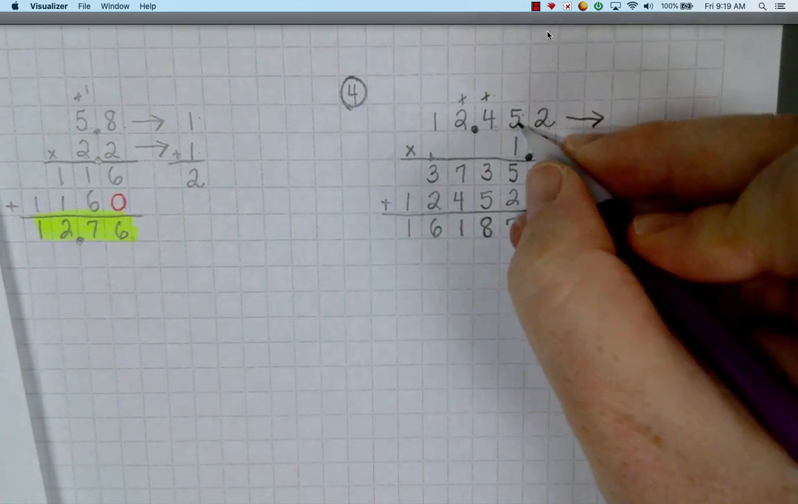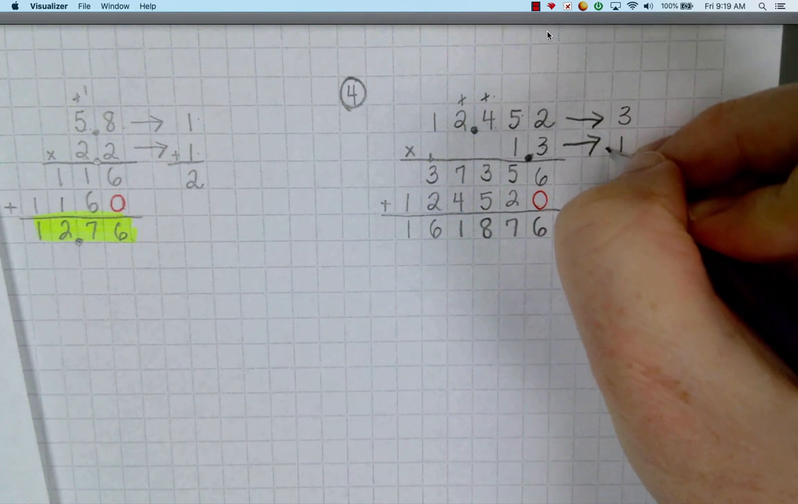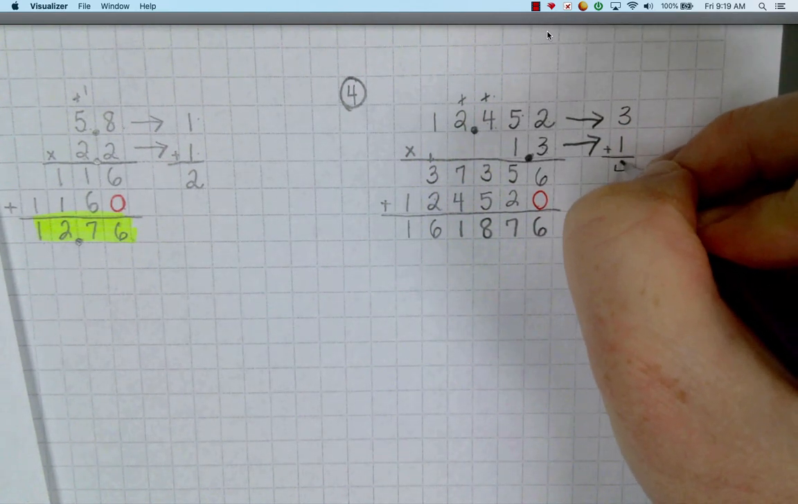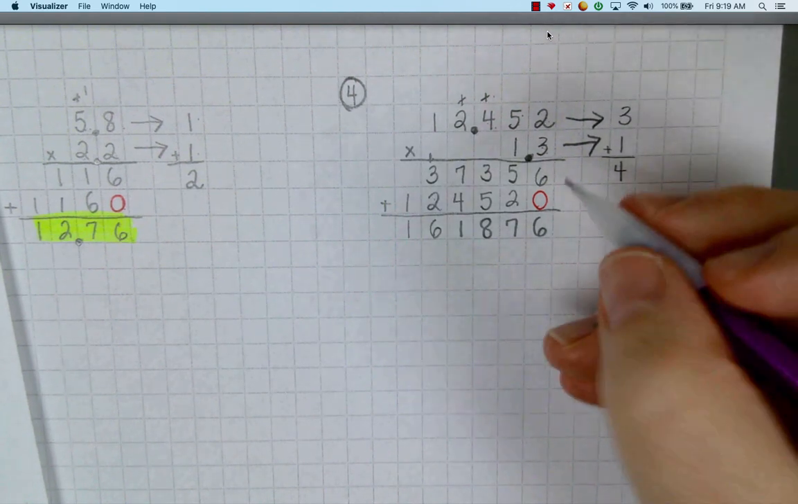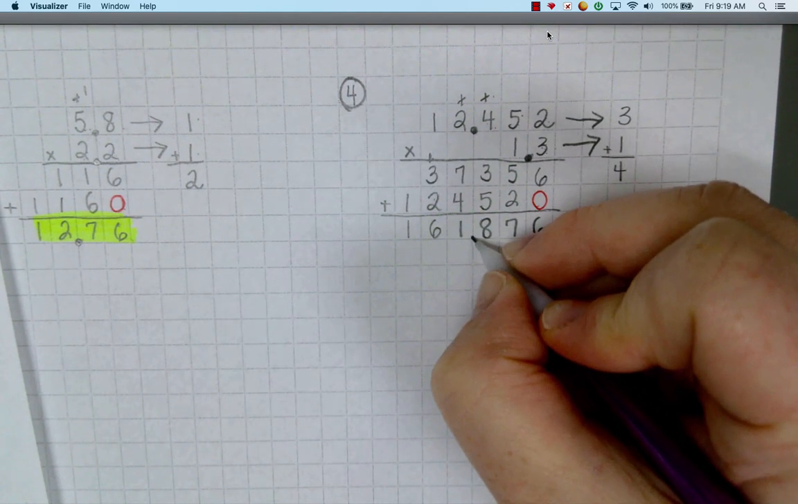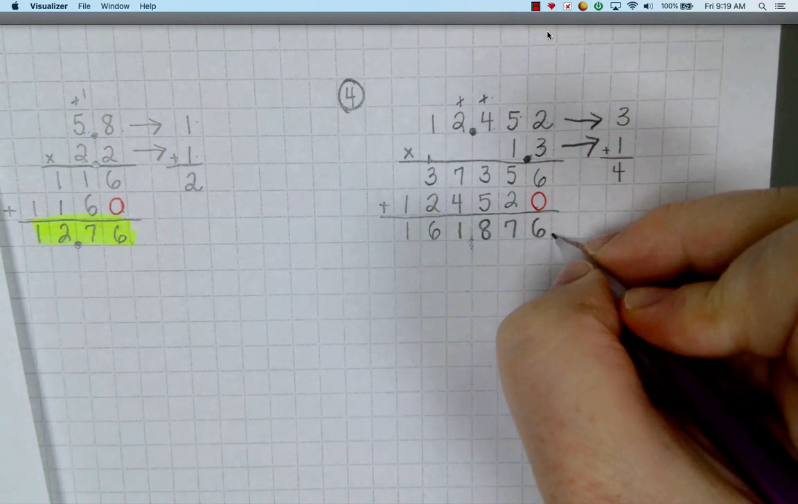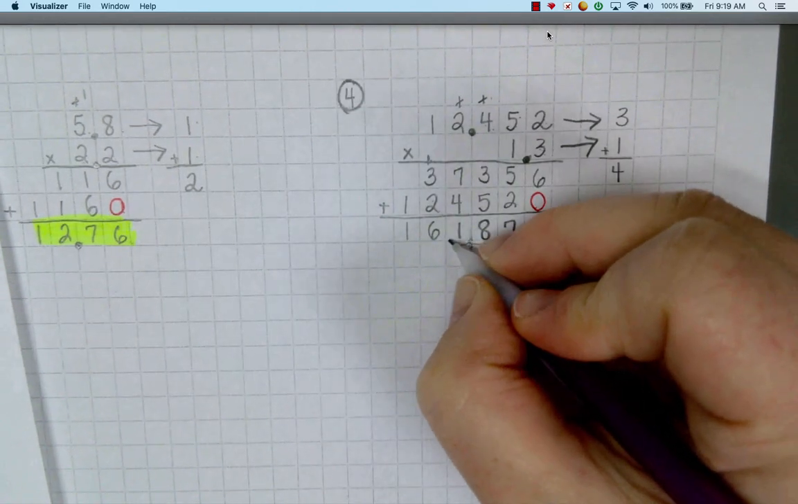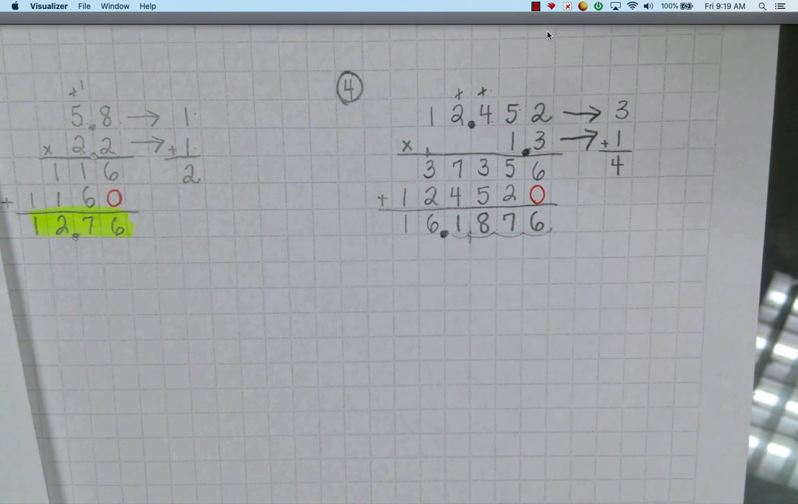So I have 1, 2, 3 to the right over here, 1 to the right over here. Add those little nuggets. 3 plus 1 is 4. My decimal in my product must have 4 digits behind it, moving from the right. 1, 2, 3. Ooh, stop that. Look at me making a mistake again. So 1, 2, 3, 4. Okay, so I have 16 and